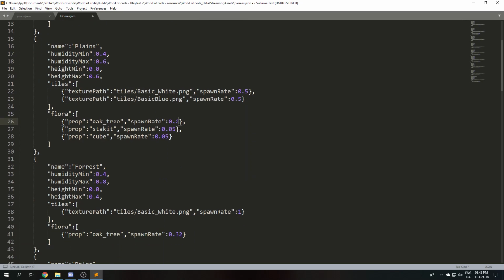So that means, just for a bit more specific example, down here, oak trees would spawn whenever the Perlin map, remember we have the Perlin map, it's invisible, but there's a Perlin map for all these different flora. The spawn rate of oak trees would be between 0 and 0.2, because the first one is between 0 and then 0.2. The spawn rate for the second one is the spawn rate of the first one to all previous spawn rates